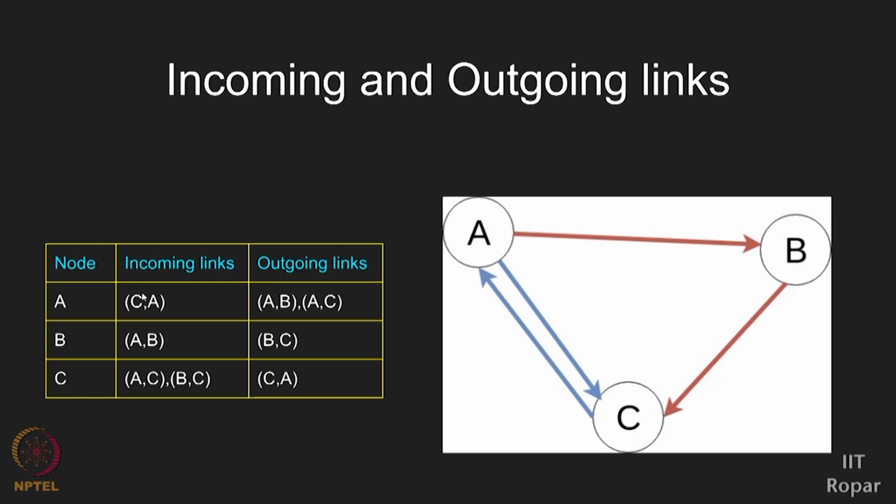An edge is present between two nodes. The starting point is called the source, that will be given as the first item here, and the end point of the edge is the target, that is given as the second item of the tuple. So like this, edges will be denoted by tuples. This is the representation regarding directed graphs.